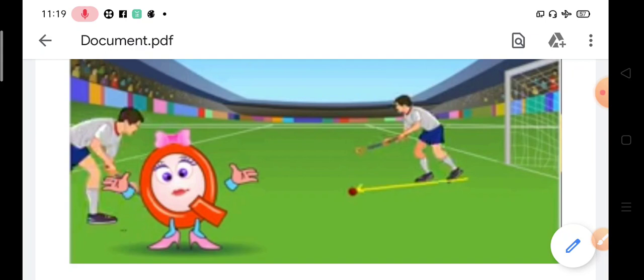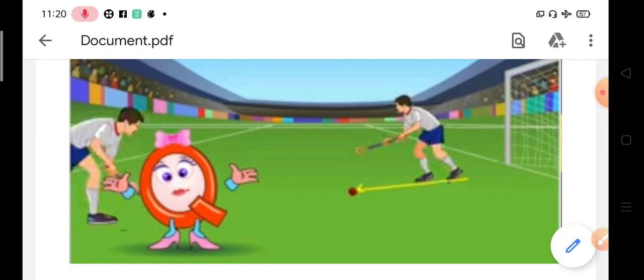That means it is pulled by the force of attraction of the earth. So that is called the gravitational force. The earth pulls everything towards itself. The force with which the earth attracts all objects towards itself is called the gravitational force. It was Sir Isaac Newton who discovered Earth's gravitational force.